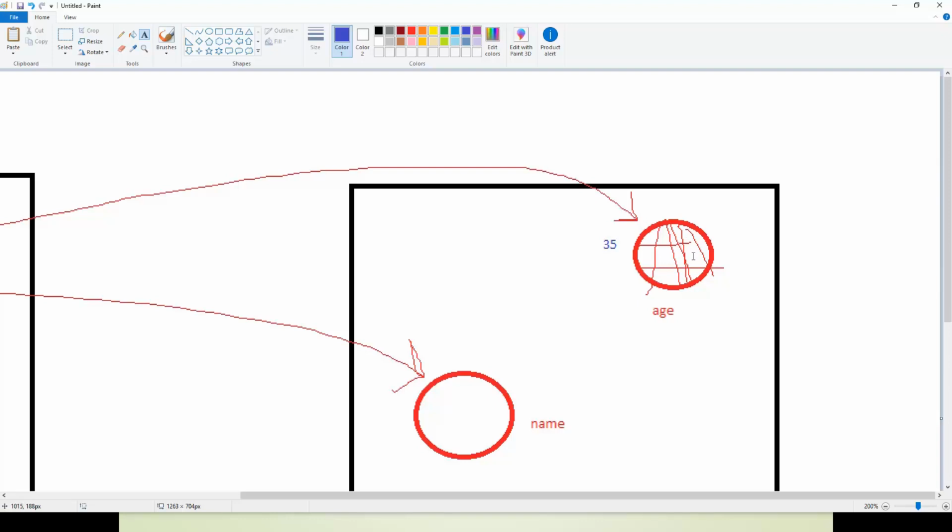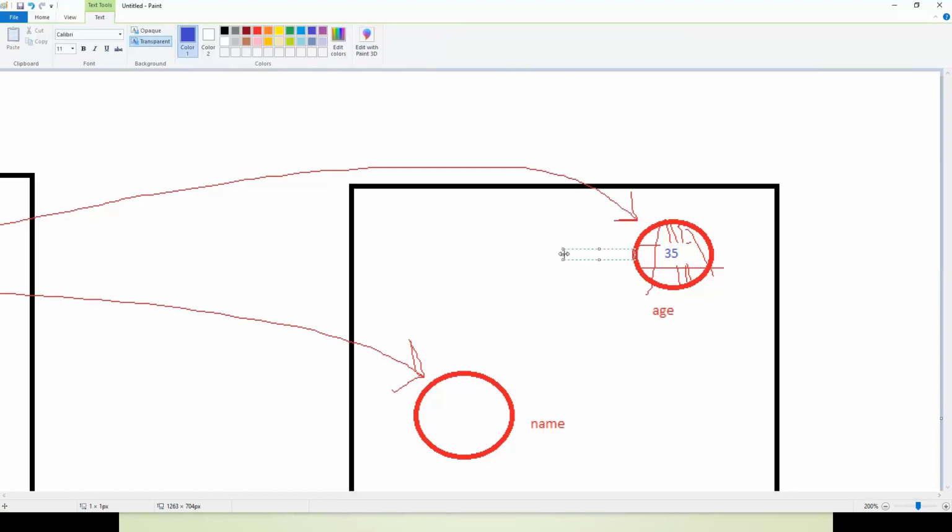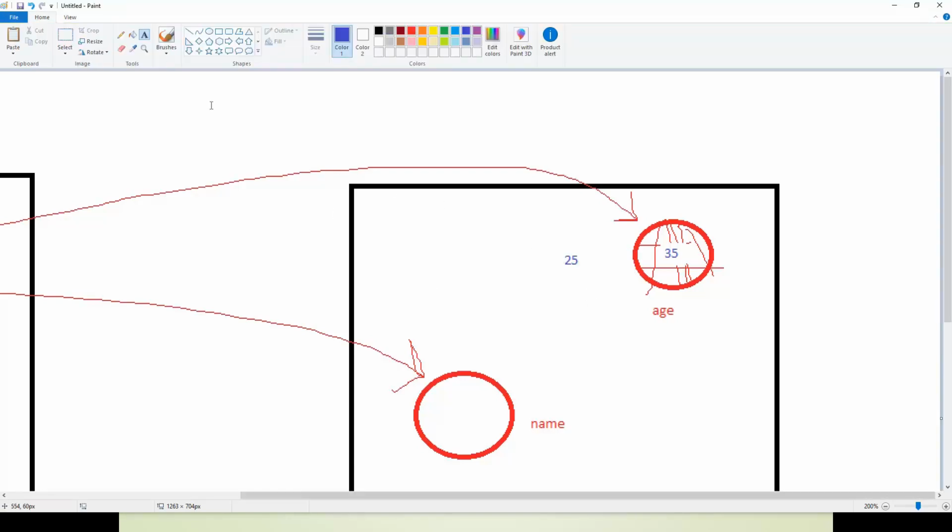I can store 35, but I can store 25 as well. Right now I store 35 into this variable, and after that if I want to store 25,